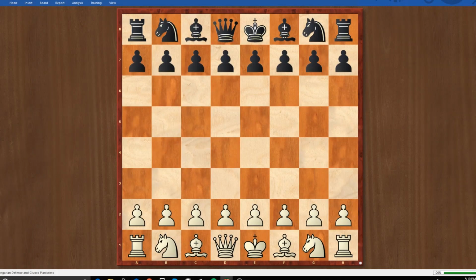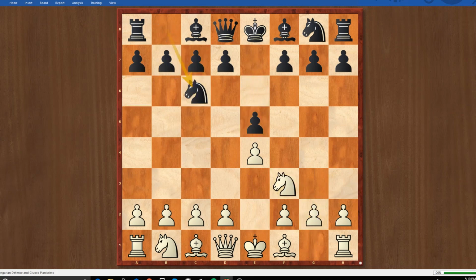Hello guys, today I'm going to be demonstrating the 5 most common chess traps that you can use to win your chess games. The first trap is white responds with e4, black plays e5, knight f3, knight c6, bishop c4,